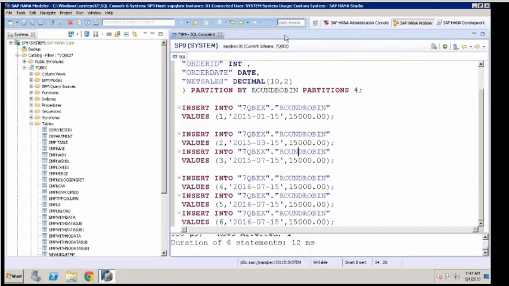I'll come back to the topic later, but this cube will have a fact table, and the fact table is partitioned with 4 partitions using round robin. The data you load first will get into partition number 4. When you compress the cube, data from the fourth partition will get into the first partition.